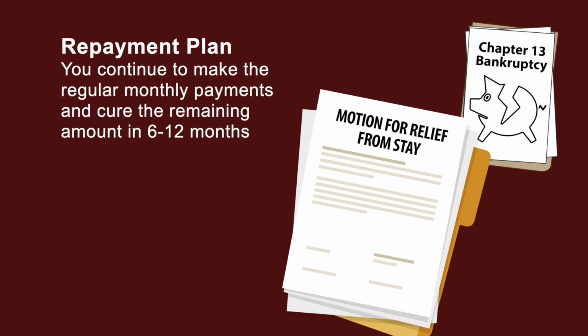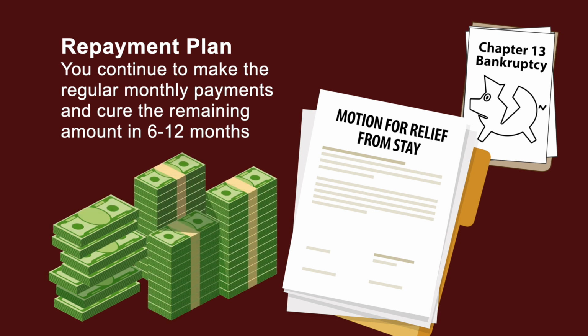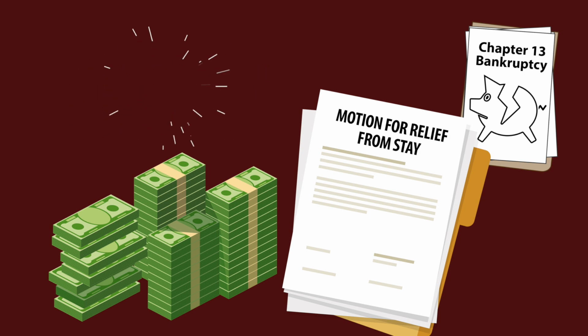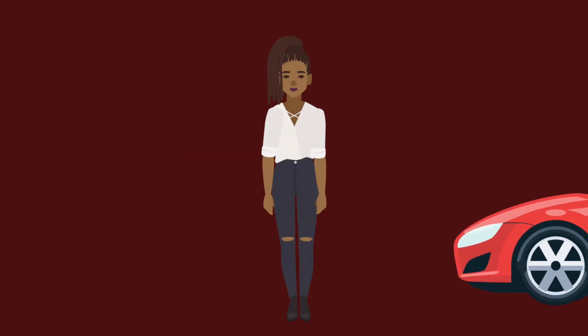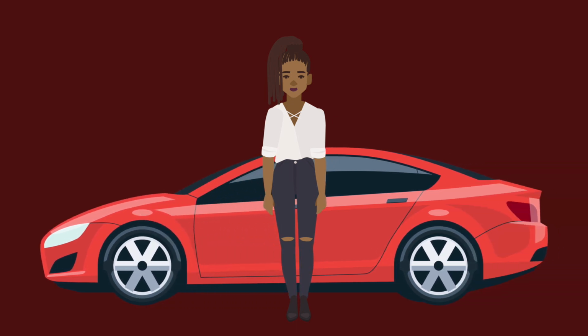A repayment plan is when you continue to make the regular monthly payments on the secured debt, and then you cure the remaining amount in a 6 to 12 month period. This is generally not a great option for mortgages because mortgage payments are so large, but is generally a decent option for HOA payments and cars. However, before you agree to anything in regards to a vehicle, you may want to consider if keeping the vehicle